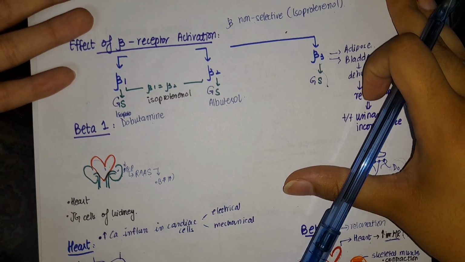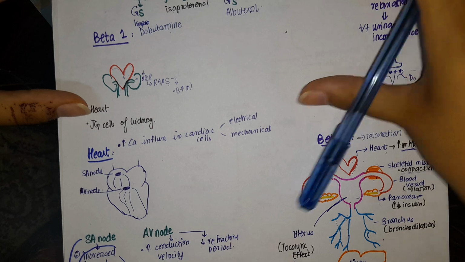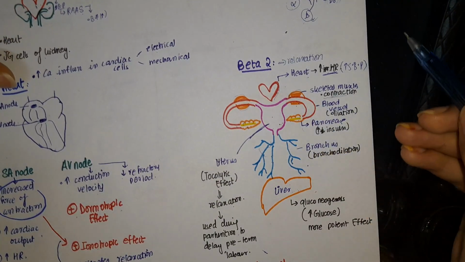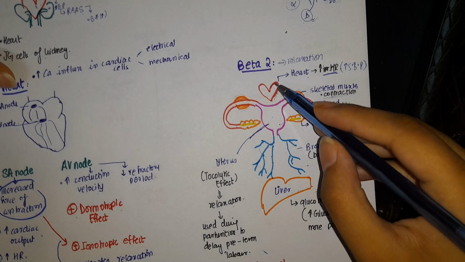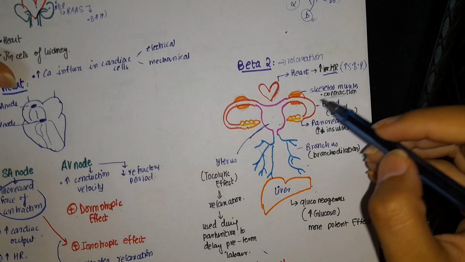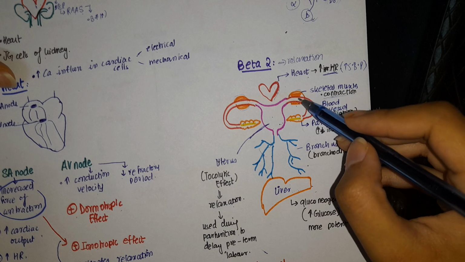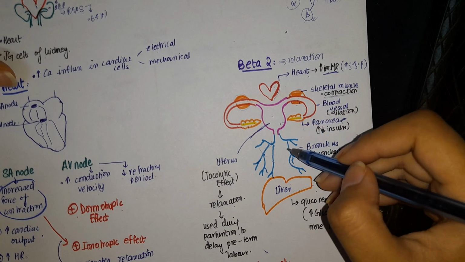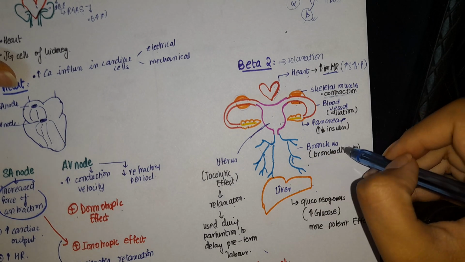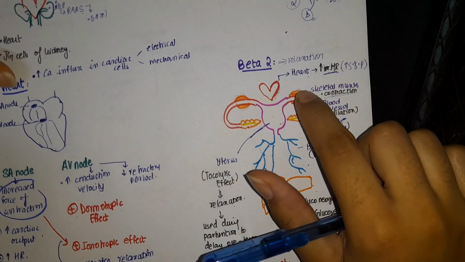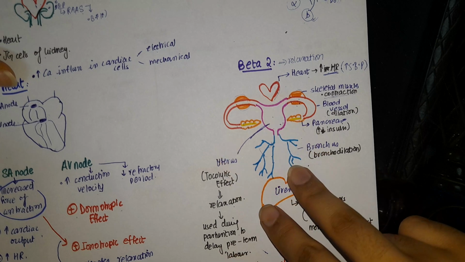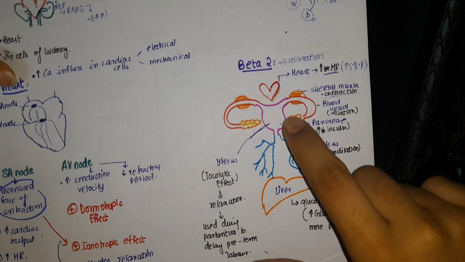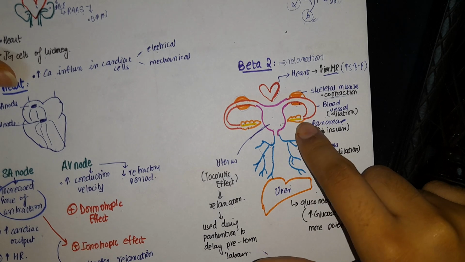So with that, we are done with beta receptor activation. For beta 1, you can always remember heart and kidney. For beta 2, you can always remember a man standing on a stone. The stone is liver, the head of the man is heart, the body of the man is uterus, the arms of the man are blood vessels. Arms have biceps, which are skeletal muscles, the hands are your pancreas, and the feet or legs are your bronchus. Except for the skeletal muscle and the heart, there is vasodilation in everything, and in the liver you have increased gluconeogenesis, and this has a more potent effect as compared to decreased insulin production by the pancreas.